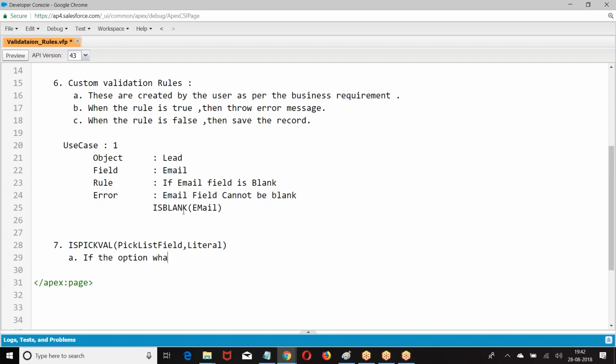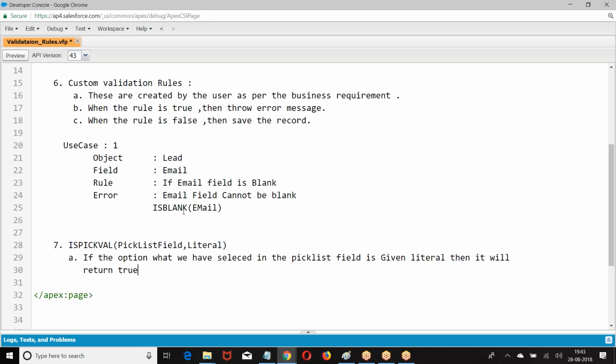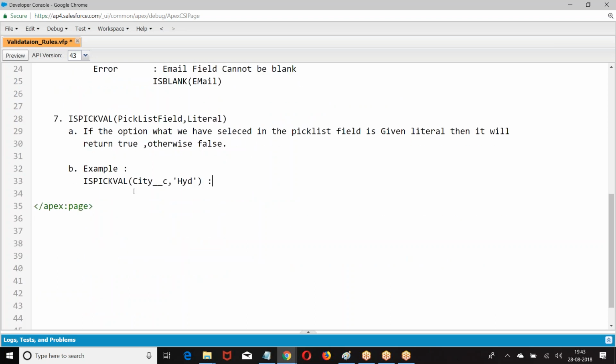If the option we have selected is a given literal, isPickval city, Hyderabad.